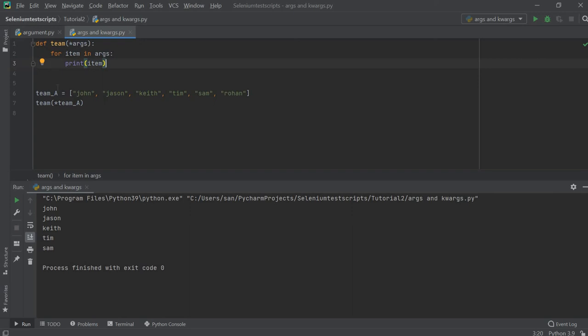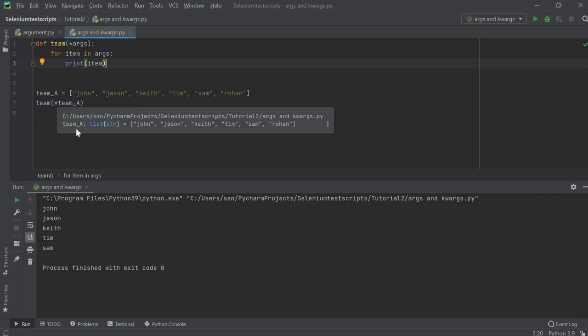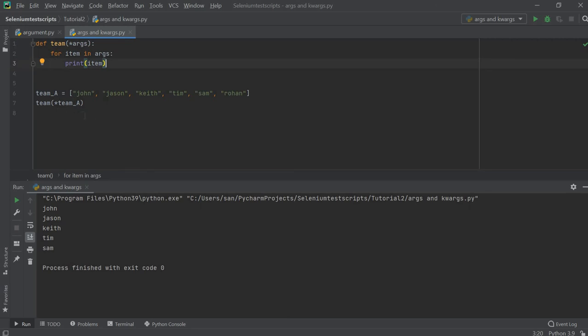And one more thing: if you pass any list or tuple, it will just convert whatever you pass, whether it's a list or a tuple, and take it here as a tuple.